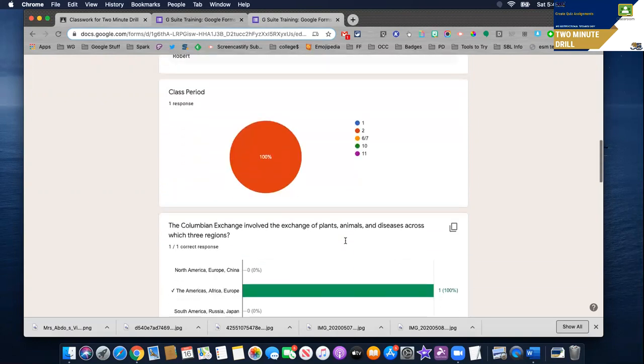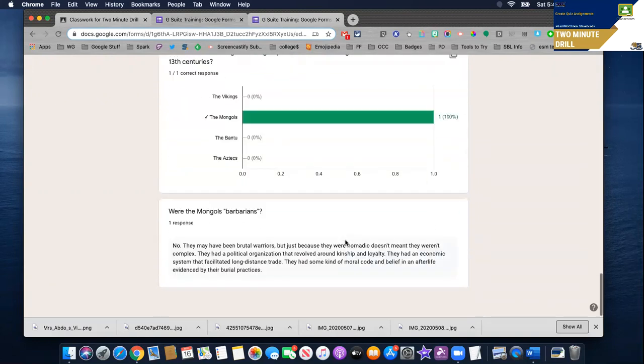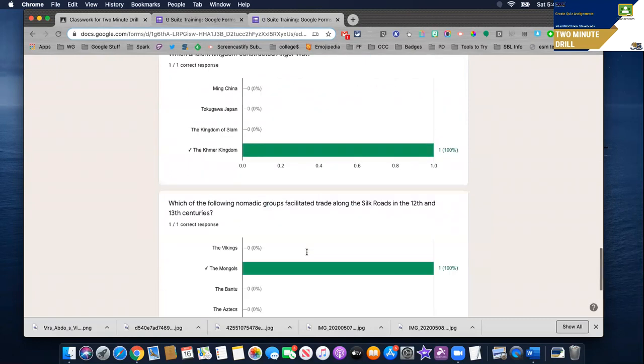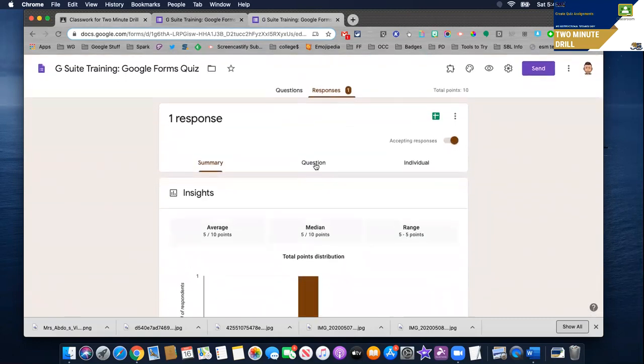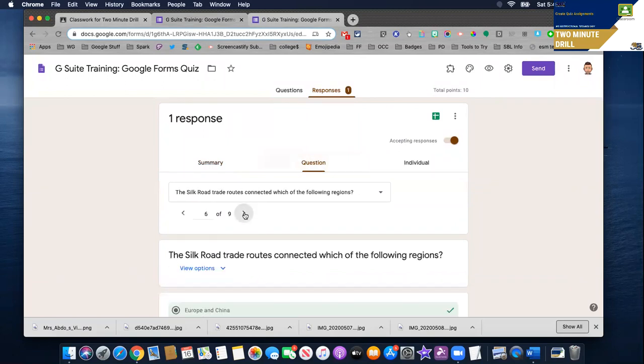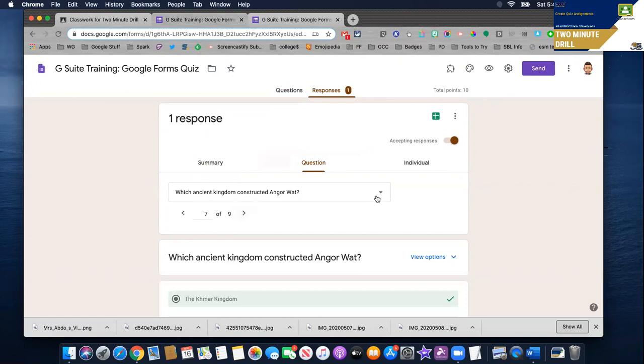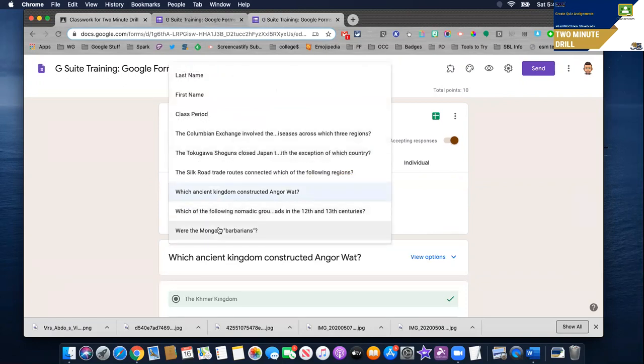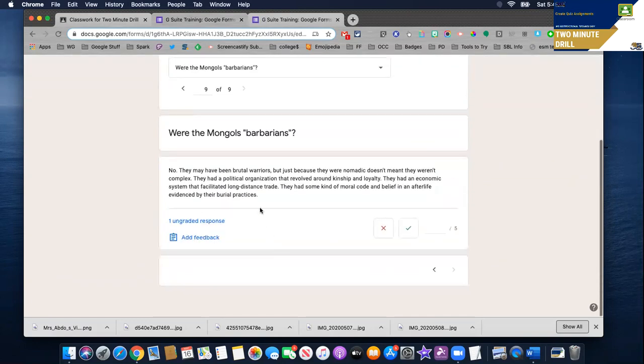There was one question on this particular quiz that was short answer. So if you go down to the bottom, you can see the student response. You can also review the quizzes by question. You can navigate, there were several questions here, some including name and class period. You can navigate to the question either manually or you can jump around. For a question like this, I would have to manually enter a grade